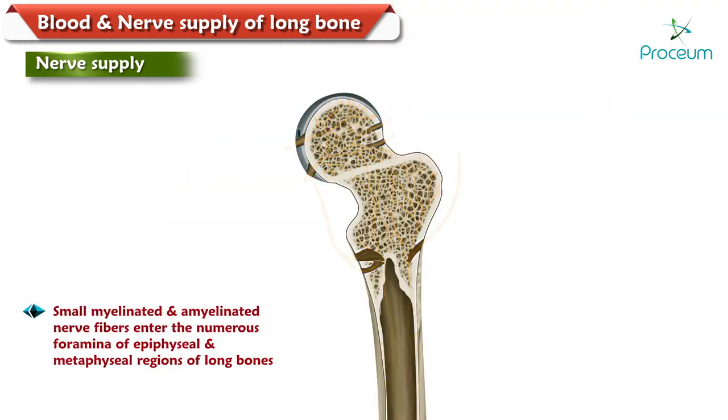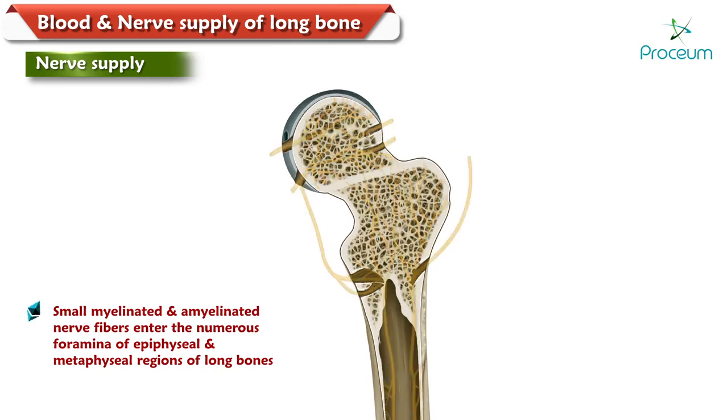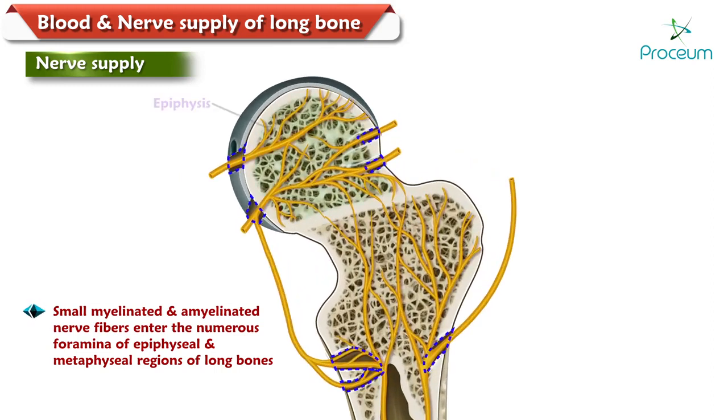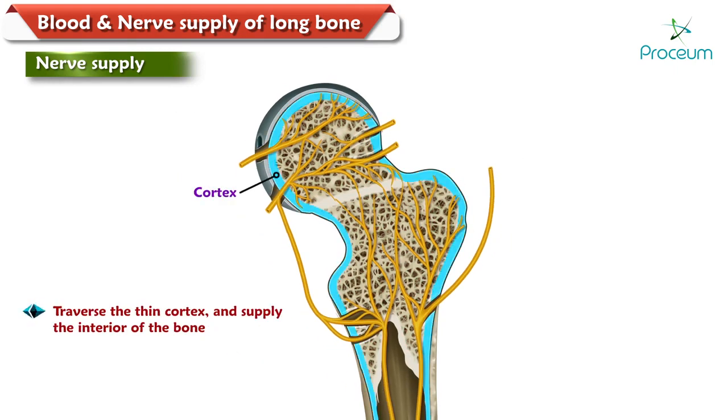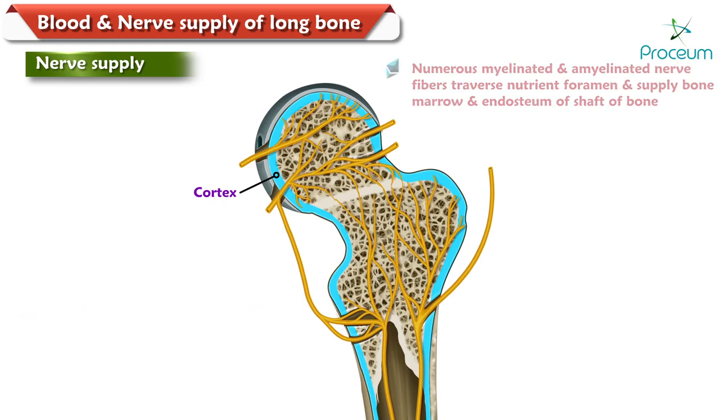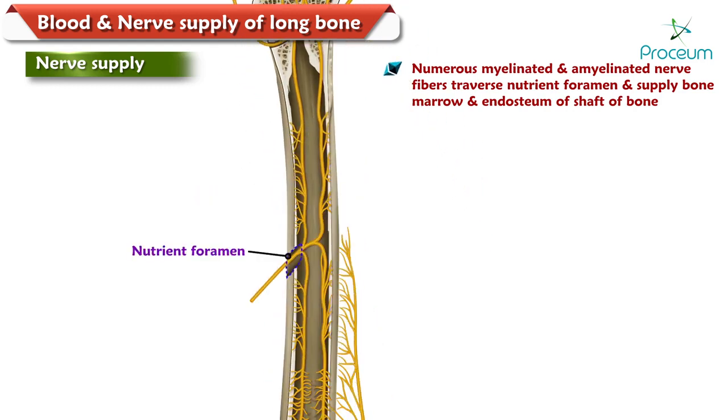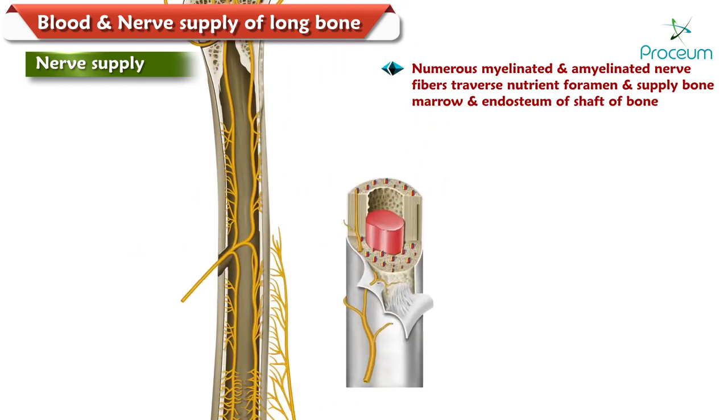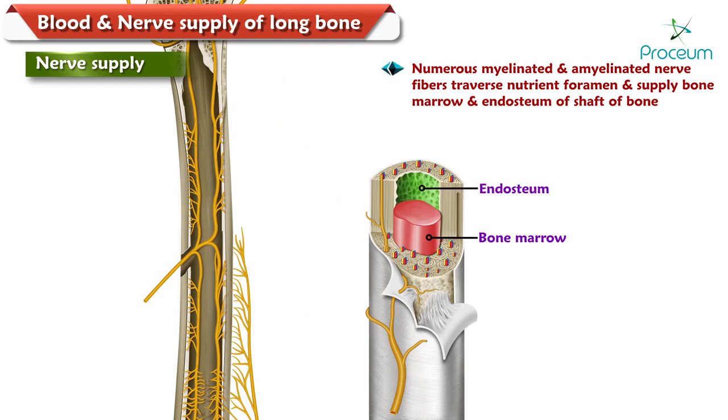Small myelinated and amyelinated nerve fibers enter the numerous foramina of the epiphyseal and metaphyseal regions of the long bones, traverse the thin cortex, and then supply the interior of the bone. Numerous myelinated and amyelinated nerve fibers traverse the nutrient foramen and supply the bone marrow and endosteum of the shaft